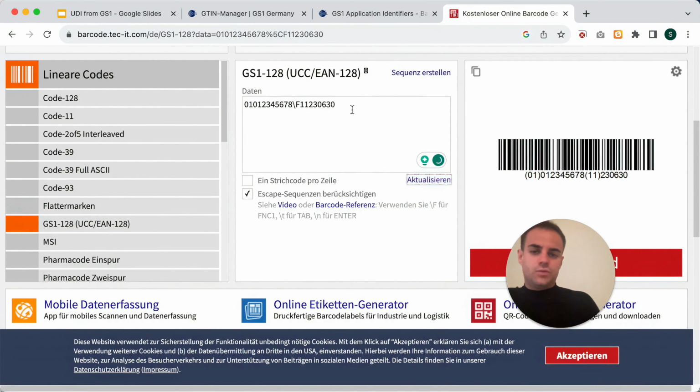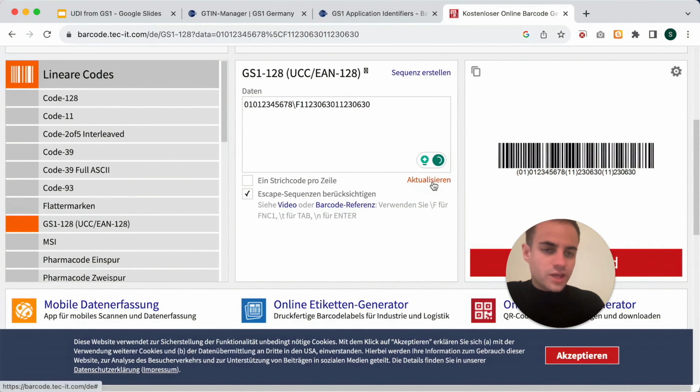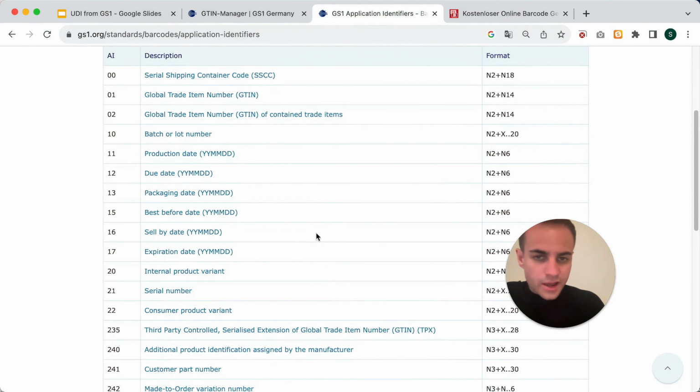Yeah, it works. If I put another production date here, it should actually also work, because it knows this has a maximum of 6 characters, that's true. But if I put there something like, let's use batch or lot number, which can have up to 20 here,